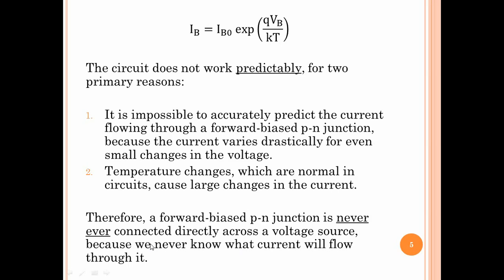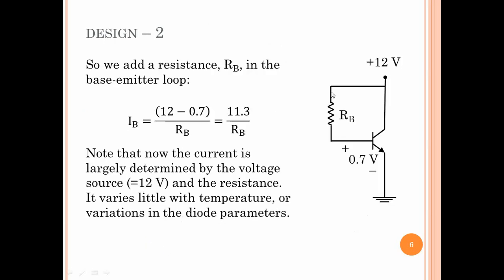So what do we do? We introduce a resistance in the forward base emitter junction path. Of course, you've seen this. In fact, most of this lecture you should have seen. So I'm just revising what you already know. So now we connect a resistor and we connect the top to the 12 volts. So our question of needing another voltage source goes away. So now we can write the base current simply from the KVL around this loop.